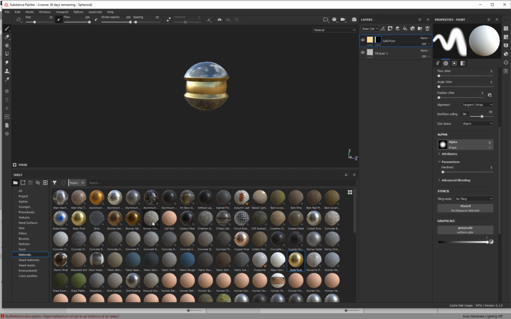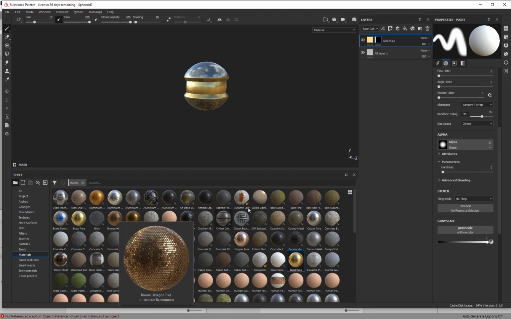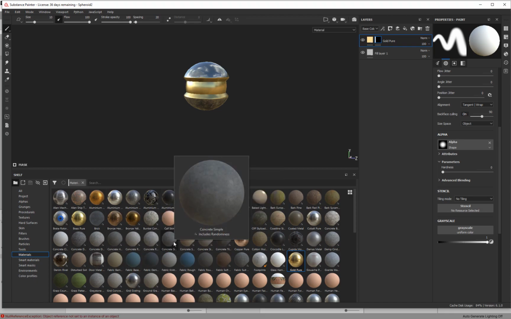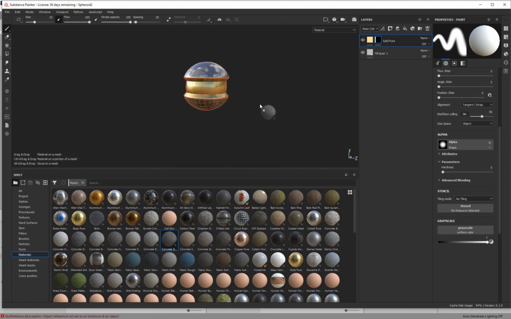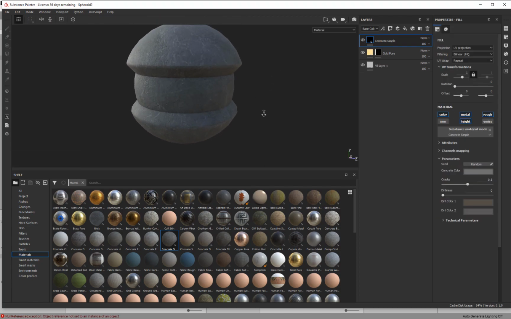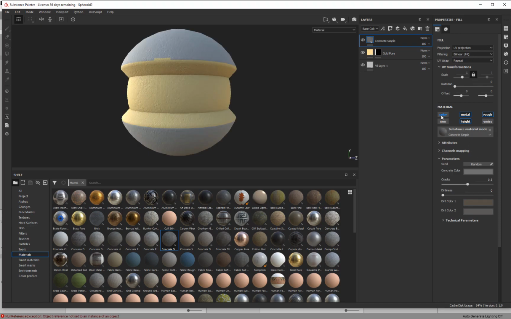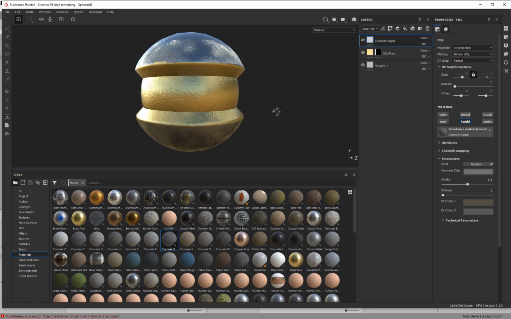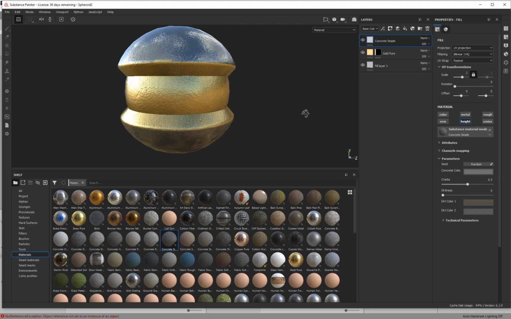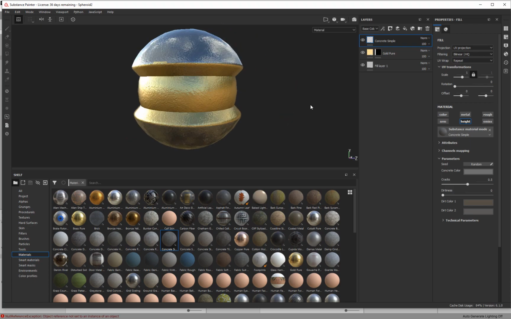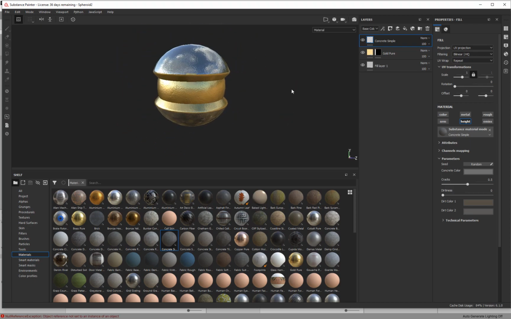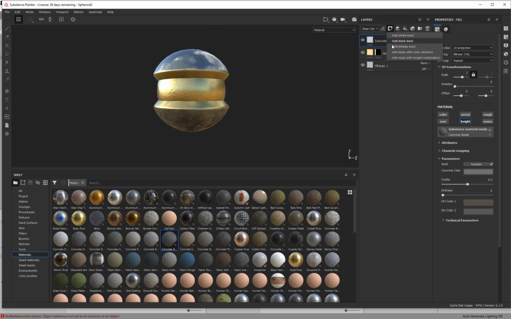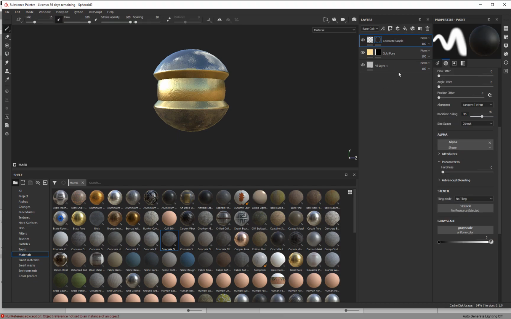So if you really want to get some kind of bump on top of this, you could do something, this concrete probably is. I'll throw it on. And what I'll do is I'll come look at it and see if it's got enough bump map. The way we can do that is we can take the color off, and now we've got that in there. We can take the height and the metal off, or take the rough and the metal off, and now we've got that, just like that. I've got a little bit of a mistake right there I've got to fix. And then if I want, I could even put a mask on this one and say white mask,